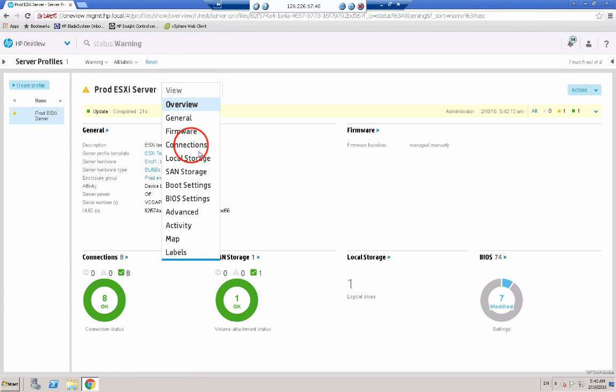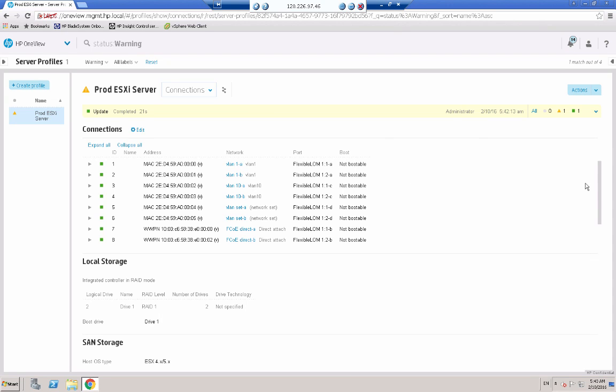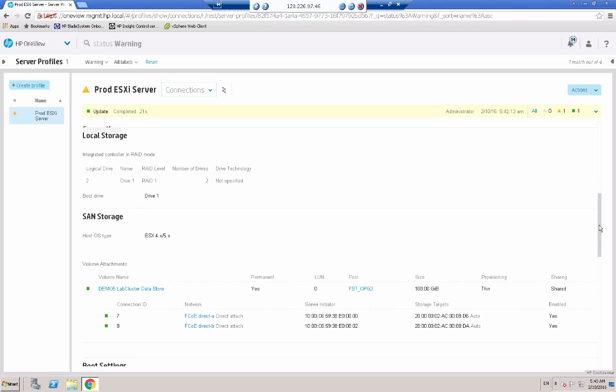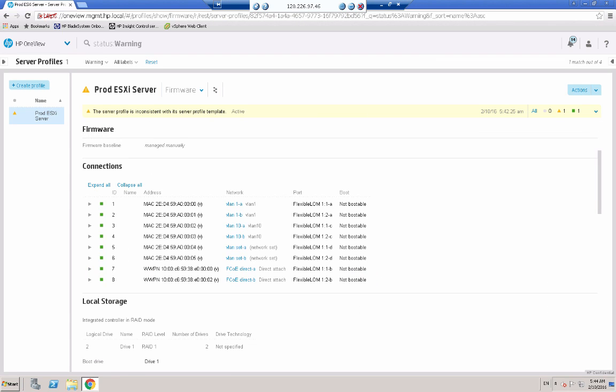Let's now take a look at the connections. And SAN storage is what we're interested in. Now there we see the SAN storage. Okay, so we've added a SAN volume. What I'm going to do now is to create a snapshot of that volume. So from the main menu,